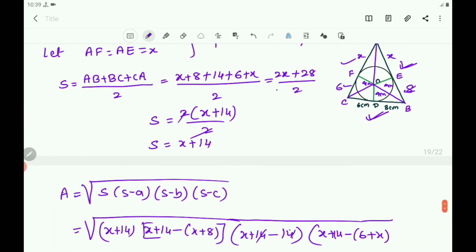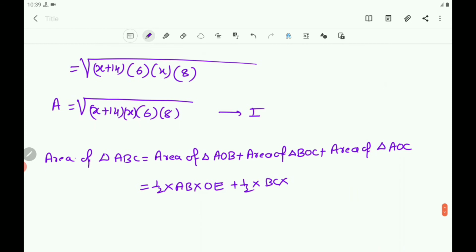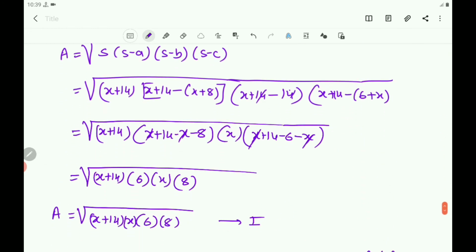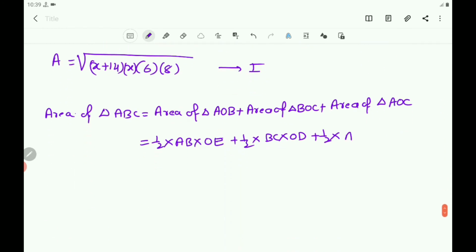BC is the base here and OD is the altitude, OD, plus half into AC into OF,